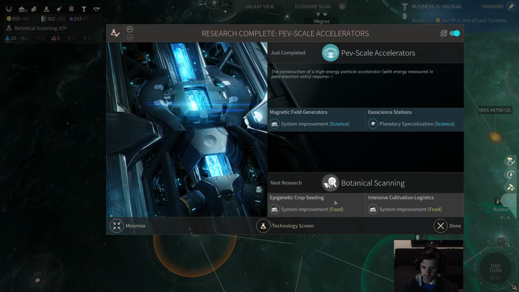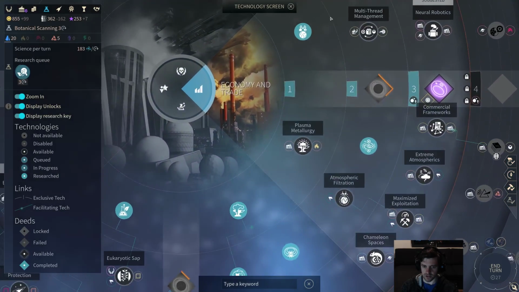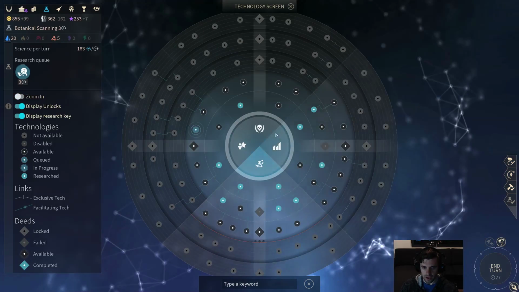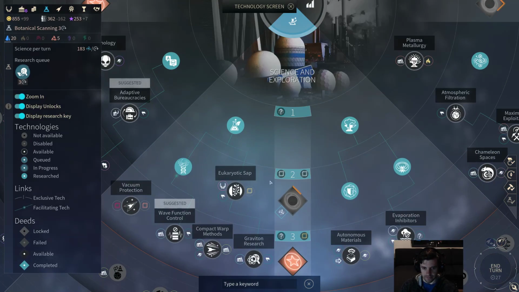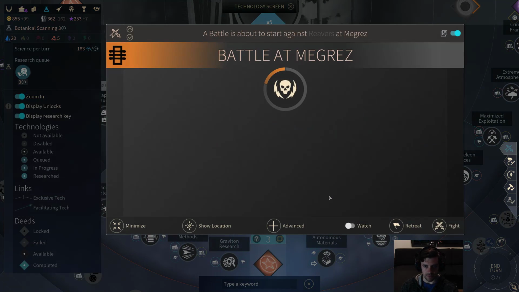All right, now we're moving towards the food, botanical scanning. So let's just pause and talk about what we've been up to, because I clicked a bunch of things really quickly, but it was in line with the strategy I had articulated earlier. So we got our,